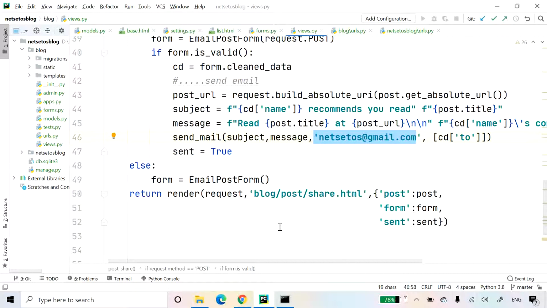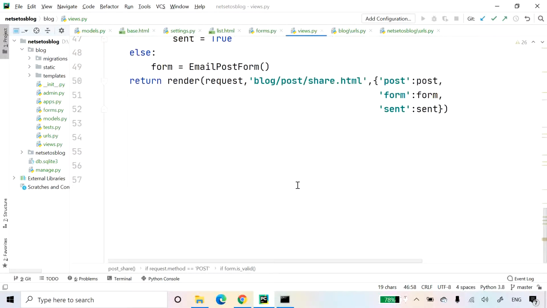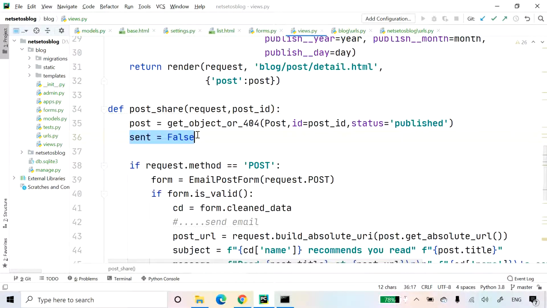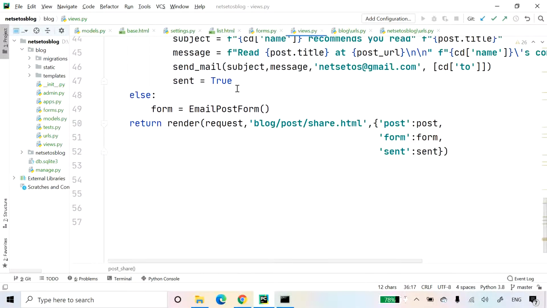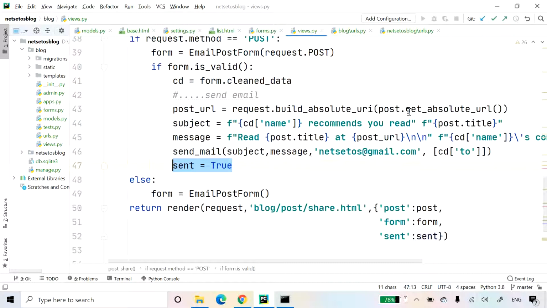In the code above, we have declared the sent variable, which we have by default set to False, and afterwards we have set it to True when the post was sent. You will use that variable later in the template to display a success message when the form is successfully submitted. Here we have used get_absolute_url, as we have to include a link to the post in the email.